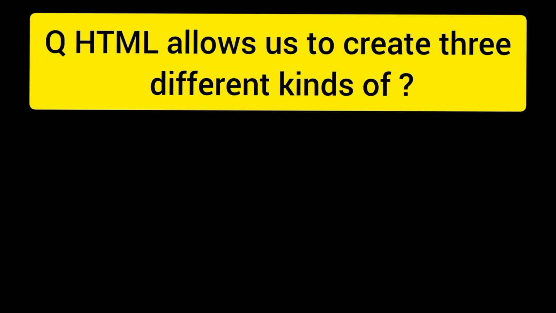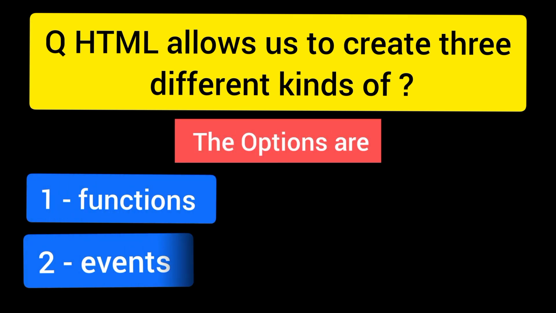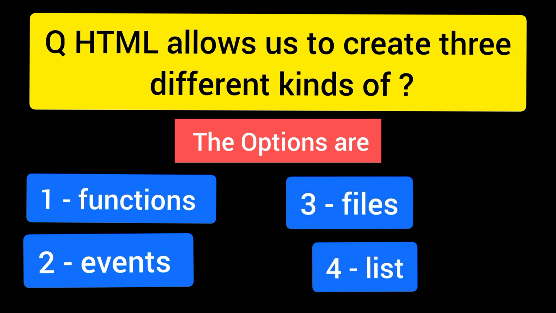Question number 25, HTML allows us to create 3 different kinds of, and the options are option number 1 function, option number 2 events, option number 3 files, option number 4 list, and the right answer is option number 4